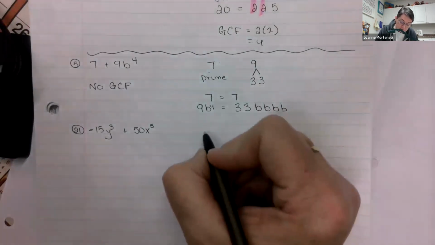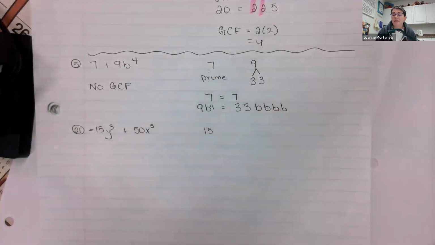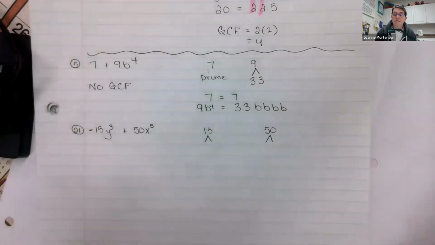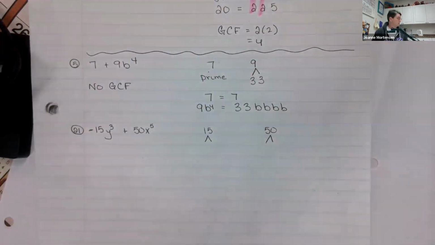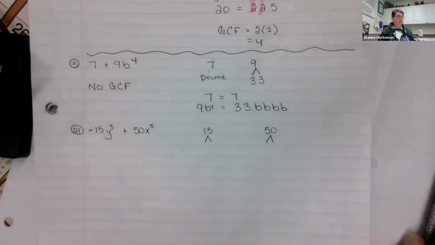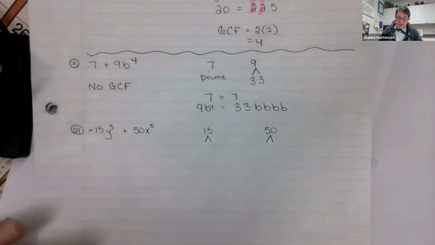All right, 15. And I'm ignoring the negative. I'm not going to try and prime factorize minus 15. Just 15 and 50. All right. You know what? Pause the video. Got it done? I bet you do. All right, so